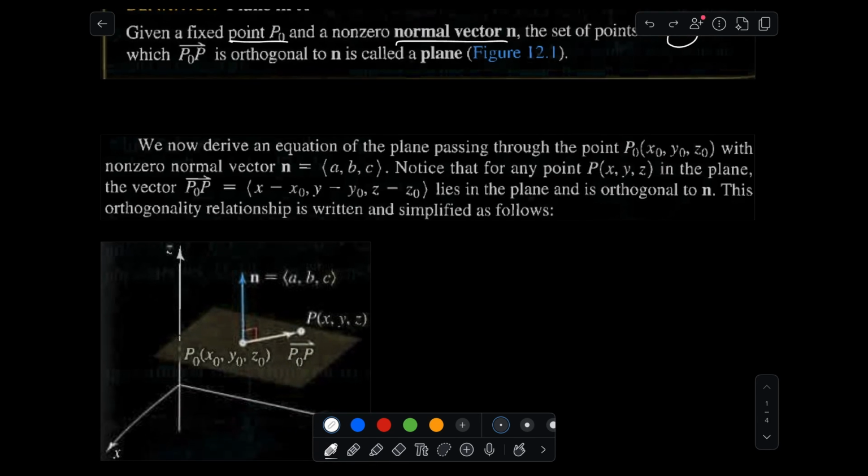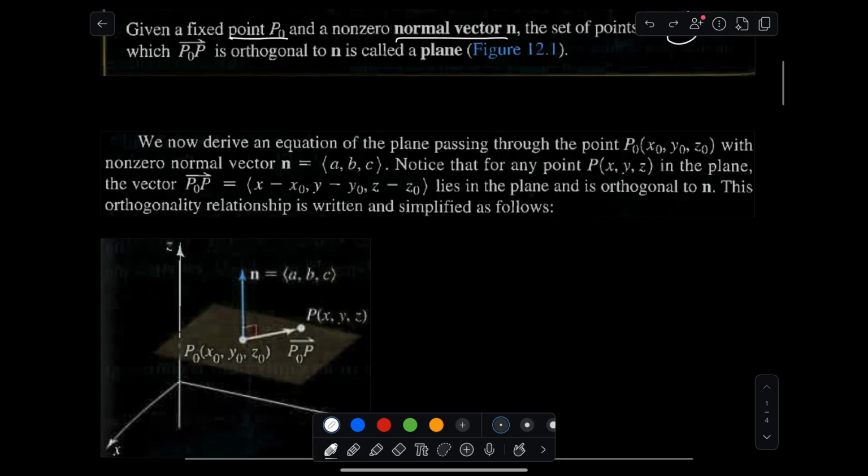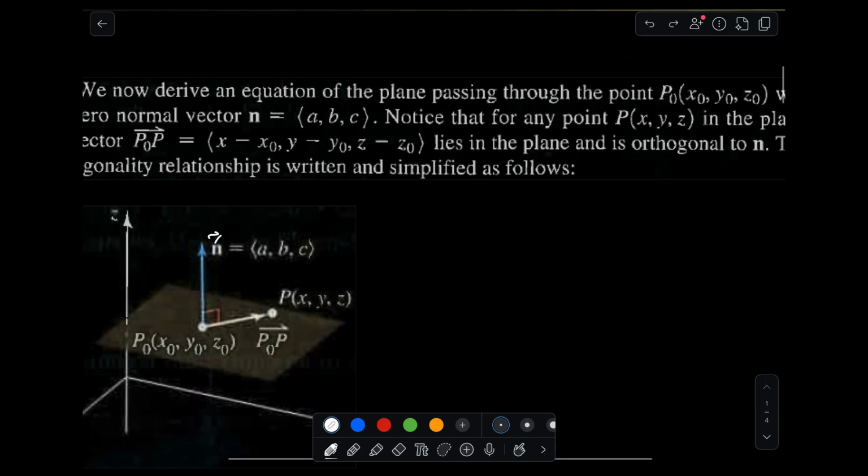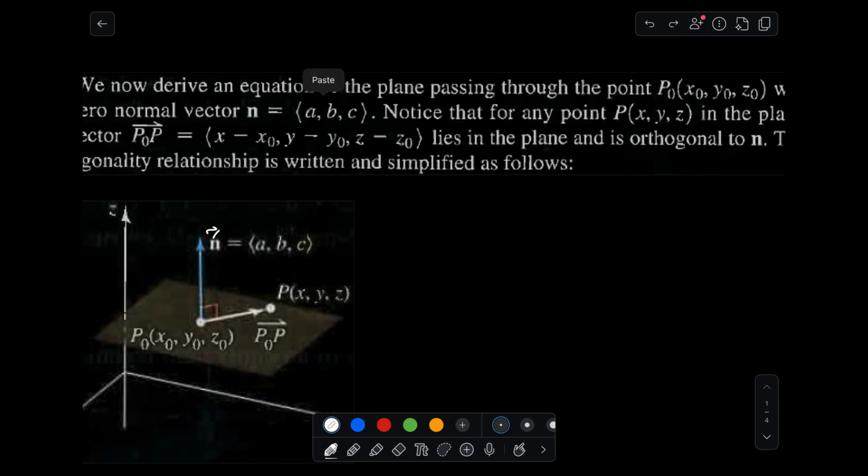You have to derive this relationship. A couple things to note with this derivation. It's going to be a cheeky one, actually. What you're going to use is, we know that the normal vector and this vector right here, P naught P, are orthogonal to each other. And we have a little friend from an earlier section that we used. Whenever we have something that's orthogonal, we can use the dot product operator, right? So we can say that n dot P naught P